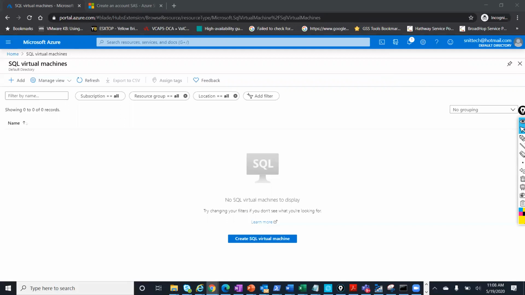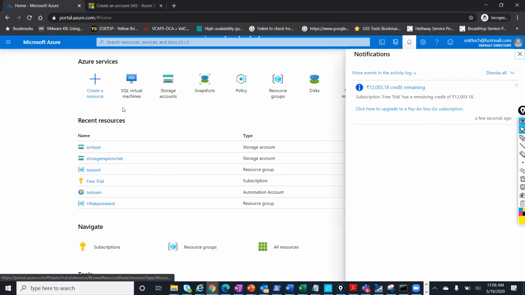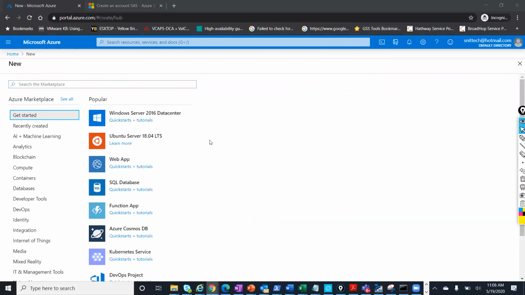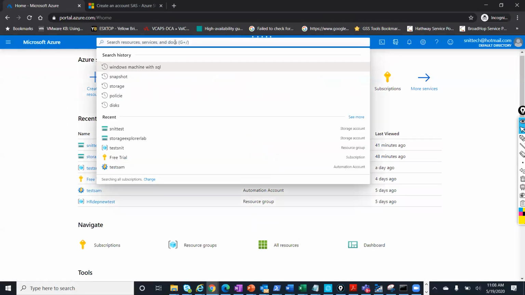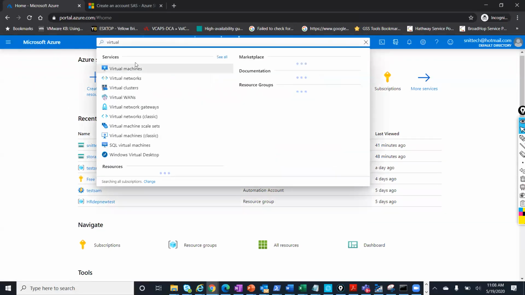Yeah, they charge for the OS and compute, which is provided. If it is Windows with your own license, they'll be giving a different pricing. I'll show you by creating a new virtual machine because the portal is unresponsive. That's the reason I may not be able to create a machine. But let's see if I can go to virtual machines